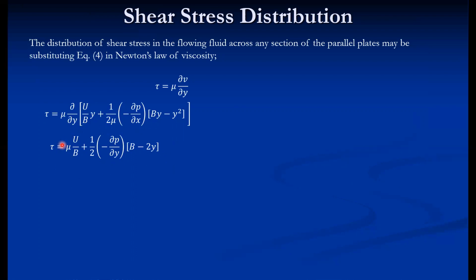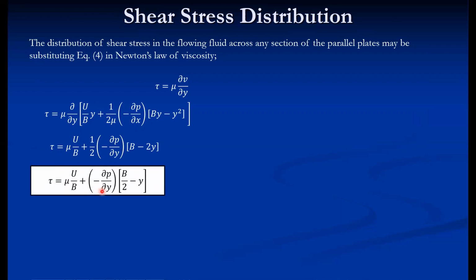Again, if we compare this expression with the expression for fixed parallel plates, only this term is added here. This tau is equal to mu into U by b. This is nothing but again Newton's law of viscosity in integral form, and this term is added. So this is plane Couette flow. When the pressure gradient ∂p by ∂x, in fact this equation has a printing mistake, when ∂p by ∂x is 0, then this term is 0. That is for plane Couette flow. Then the equation reduces to this.